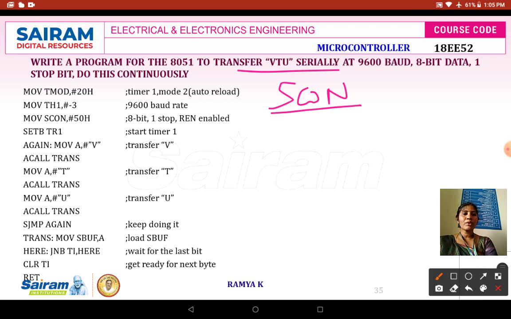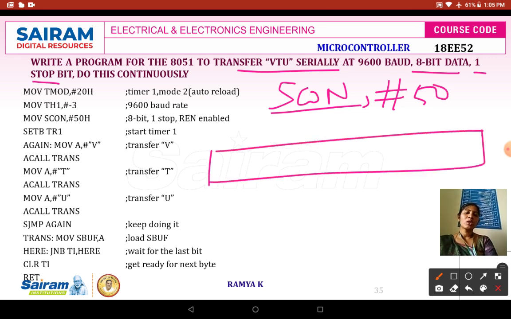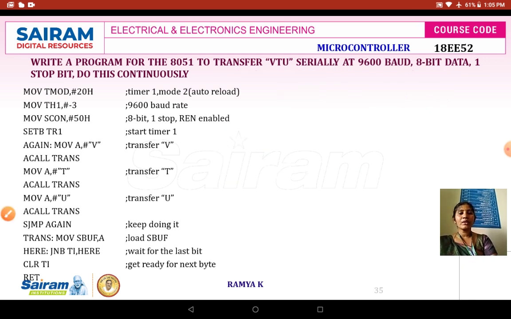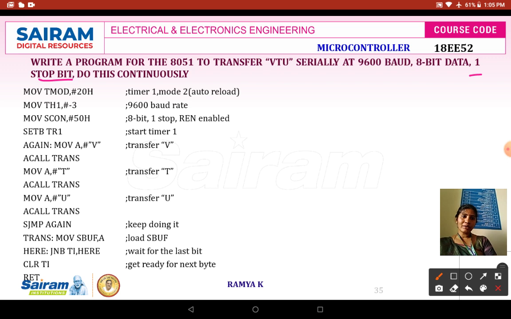The key points given are 8-bit data, 1 stop bit, and continuous transmission. So SCON should be loaded with 50H, because in the SCON configuration the 7th and 6th bits define the modes of operation, and the next bit establishes communication between the microprocessor and the data to be transferred. And here we have 1 stop bit, and we need to run this program continuously.